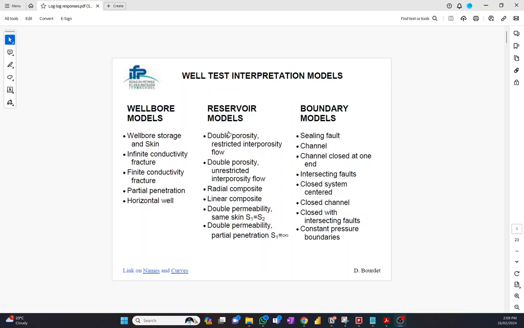Okay, so we have this PDF file built by the IFP back in 2002. I have previously posted on LinkedIn this file and I have made it available for download. I'm going to post a link to it once more in the description here. And basically what we have is the wellbore models, reservoir models, and boundary models that pertain to the domain of